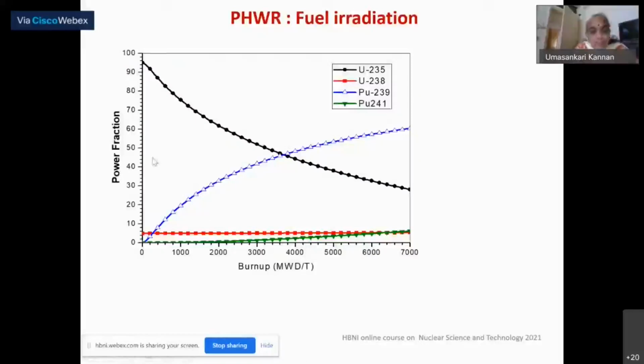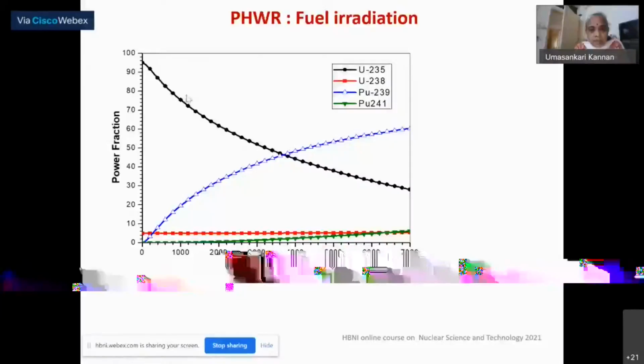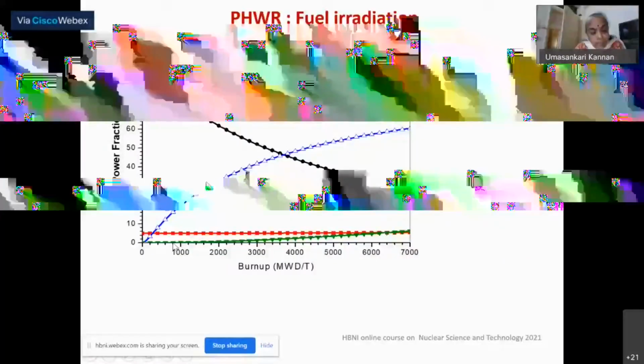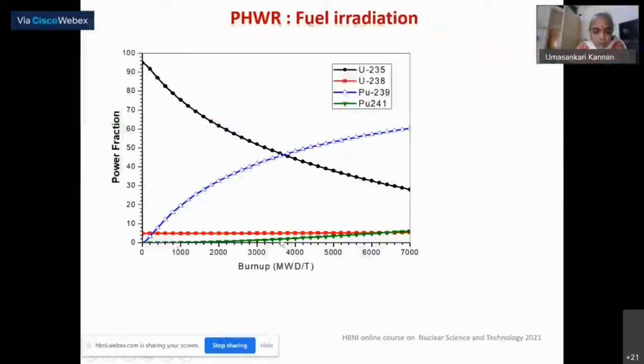If you look at it a little more carefully, here I have tried to plot the irradiation behavior of the PHWR fuel as a function of what we call burn up or irradiation or full power days of operation. Uranium-235 is depleting because it is producing energy, it is getting consumed. Plutonium is getting converted from uranium-238, so it is going to increase. So if you see, on average, the in-core burnup average is around half of the discharge burnup, which is around 3,500. Here you see at this point, half of the power will come from uranium-235 and 50% of the power will come from plutonium-239.